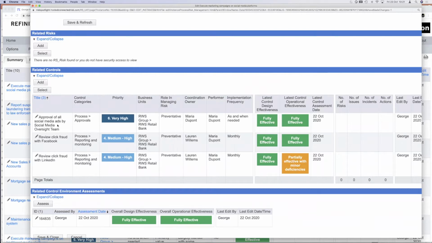business process. So in this case, a control we have is an approval of all the social media ads before they are released on the social media platform. Similarly, if there's click fraud, then we have a review process with Facebook to make sure that we're not losing a lot of money on click fraud on Facebook. Similarly, we do advertising with LinkedIn. So we have a process where we interact with LinkedIn,